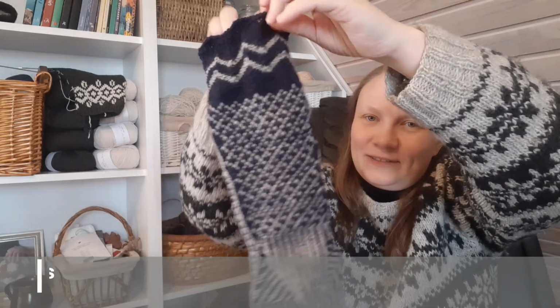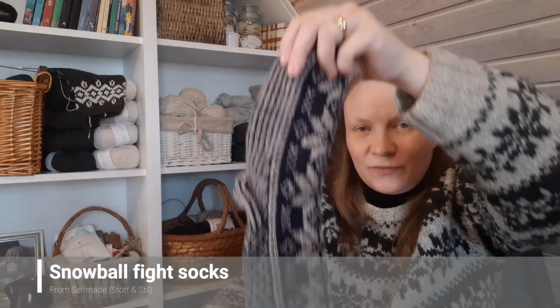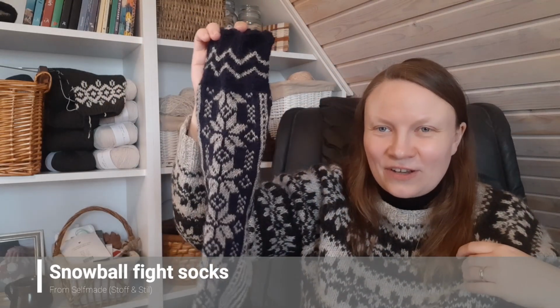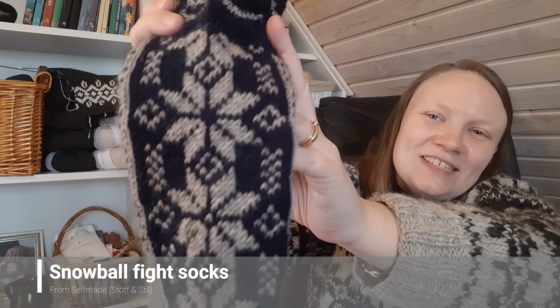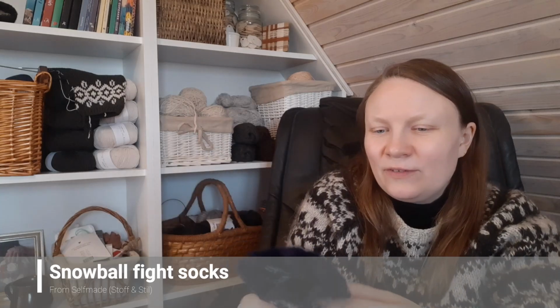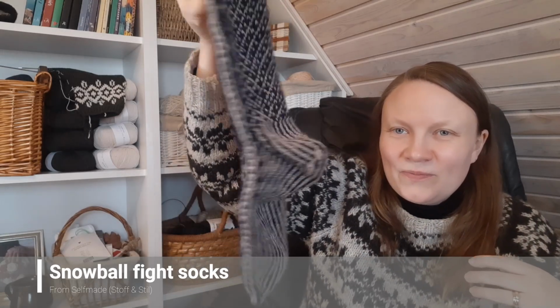Good, so the first of my work in progress, I will also take the time to make it kind of a finished object. It is this sock pattern that I'm working on. The pattern is also made from Self-Made. And of course I need a second sock for this to be a complete finished object, but I just had to make this one finished so that I could show you. I just finished it a couple of days ago, I think. I don't remember if it was 1 or 2 days ago,